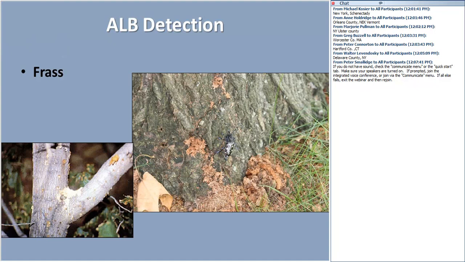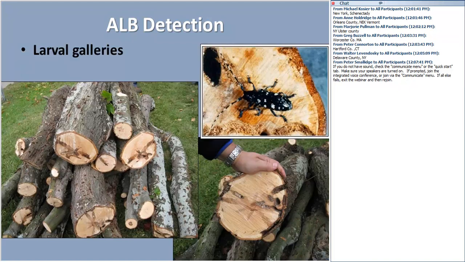So the frass, here it is collecting at the bottom of the tree. And here's some of the white boring dust here. So that'll collect. It'll blow around. It'll be on swimming pools and such. It's important to pay attention to that. Actually, it's interesting. One of the ways it's been detected was the New York State DEC put out a flyer to swimming pool owners down in Long Island, where we have one of the infestations, and they said if anybody finds this beetle in their swimming pool filter trap, give us a call. And lo and behold, they got a new infestation.